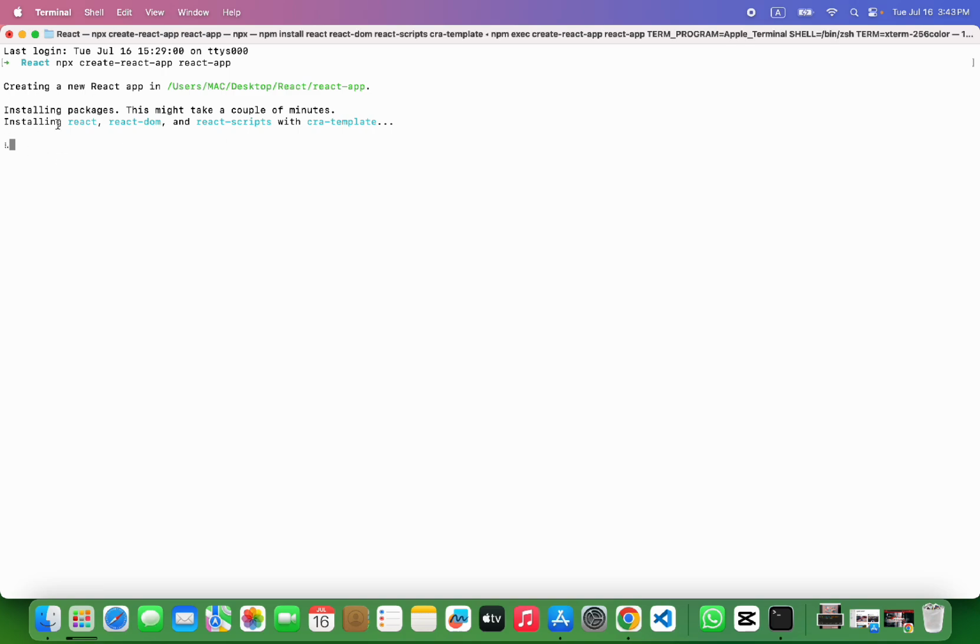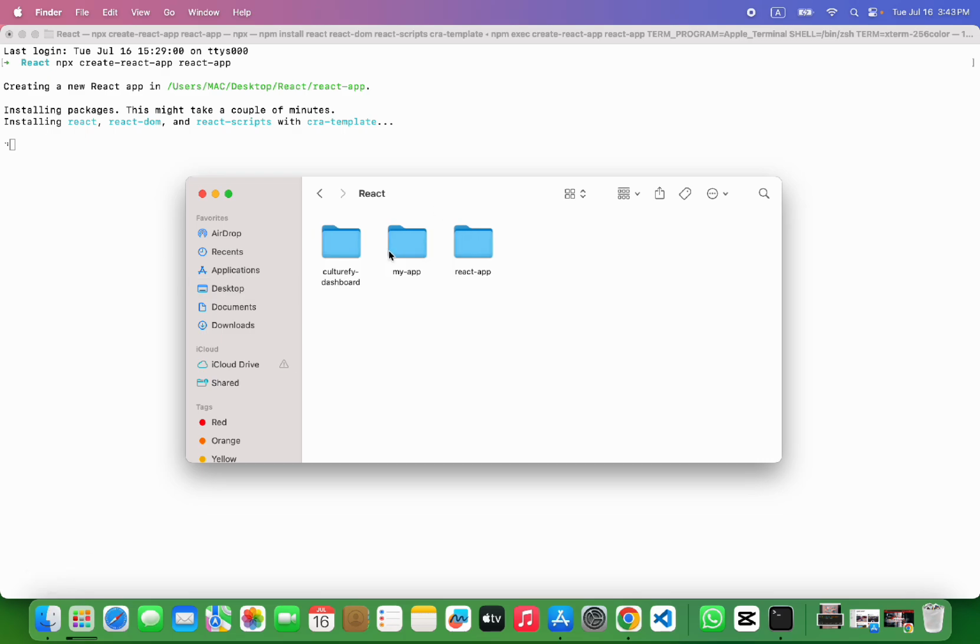You can see here React app installing has started. This might take a couple of minutes. So you can see my React app folder is created and other things are installing here.